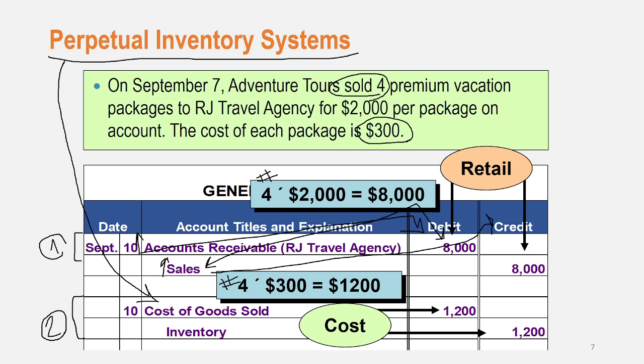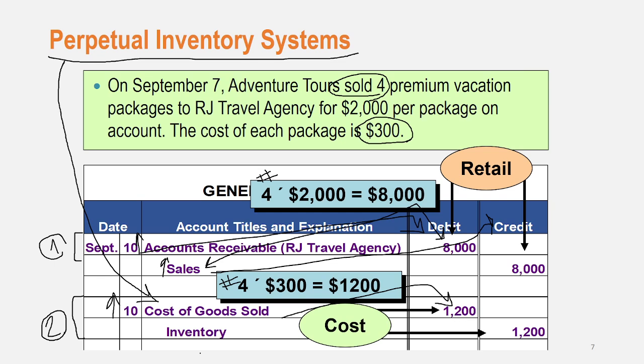$1,200. Cost of goods sold increases, and an increase in cost of goods sold is totally different from sales, because an increase in sales is always considered a credit, and because cost has a totally different identity from sales, an increase in cost should be considered a debit. So the increase in cost of goods sold is considered here as a debit by